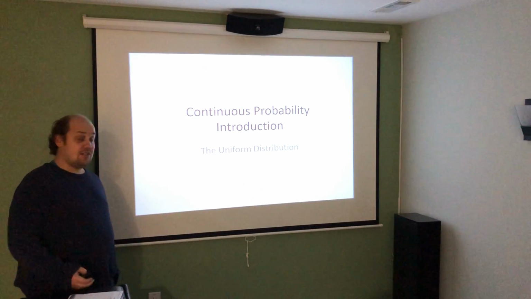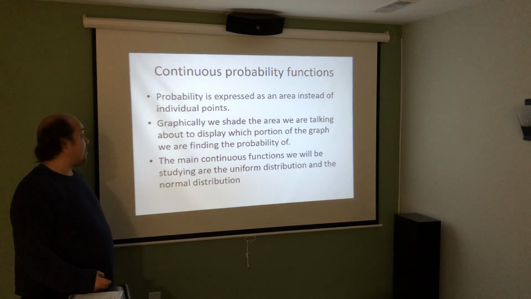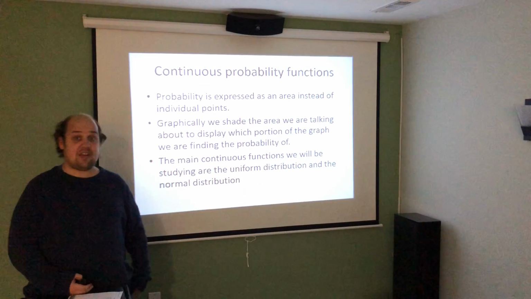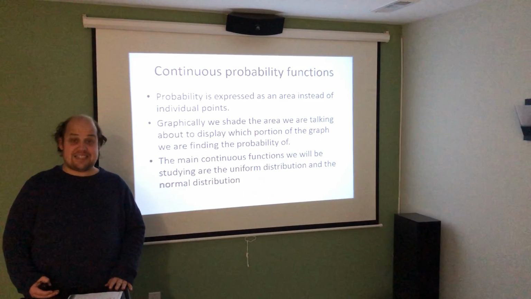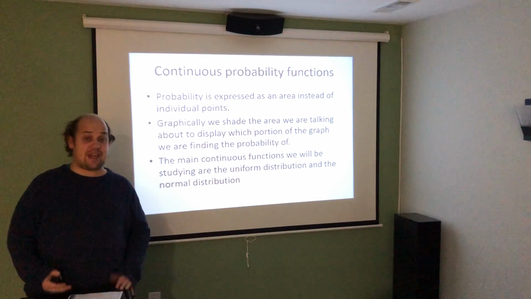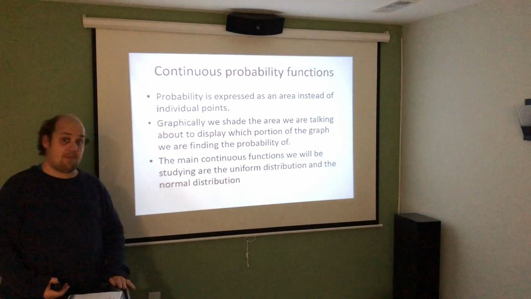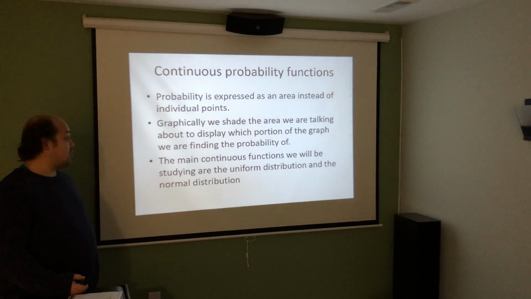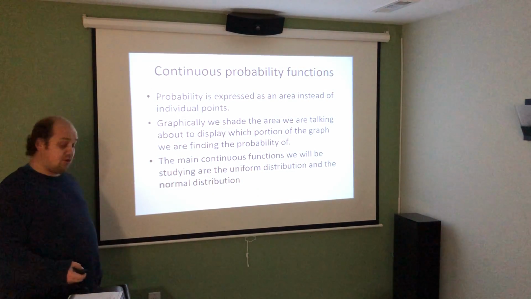Where we're going to start is with the uniform distribution. So when we're dealing with continuous probability functions, for all of them, the probability needs to be expressed as an area instead of individual points. Since there's infinitely many points within the area, really seeing it as geometric area and using that to tell probability is the best way to find these probabilities. Graphically, we're going to shade the area we're talking about to display which portion of the graph we're finding the probability of. And the main continuous functions we're focused on for this class are the uniform distribution and the normal